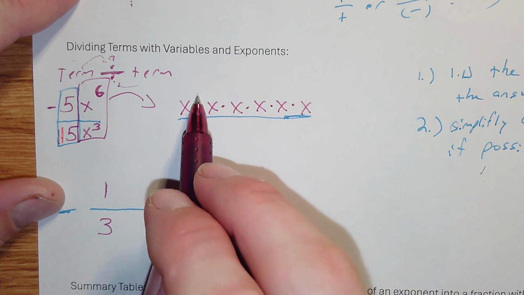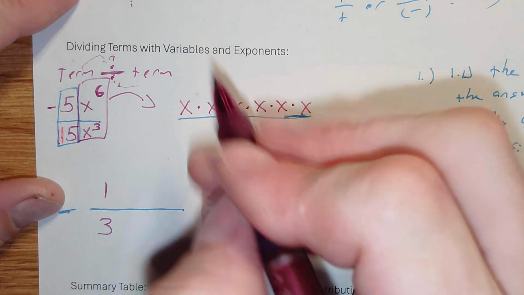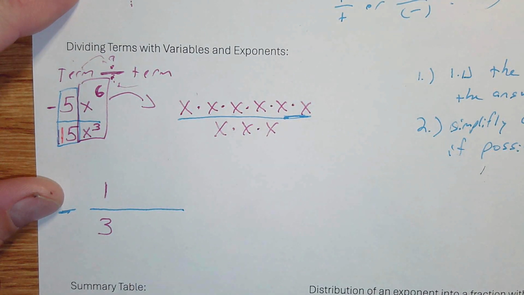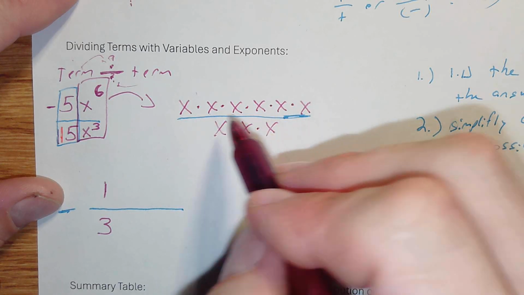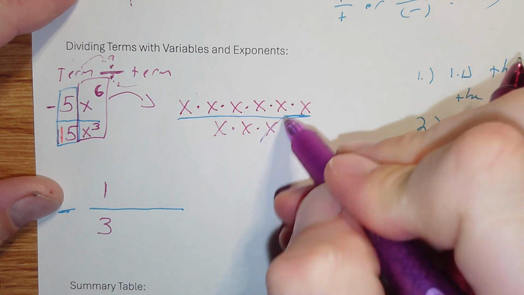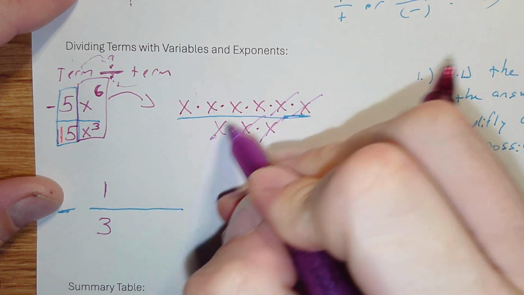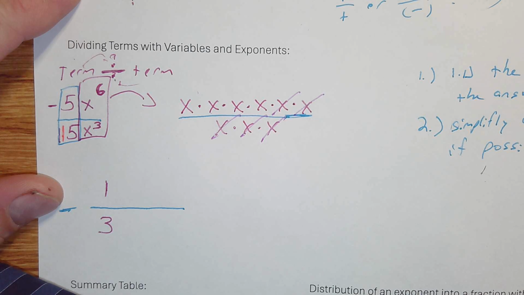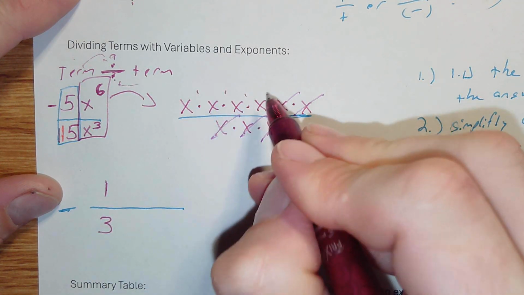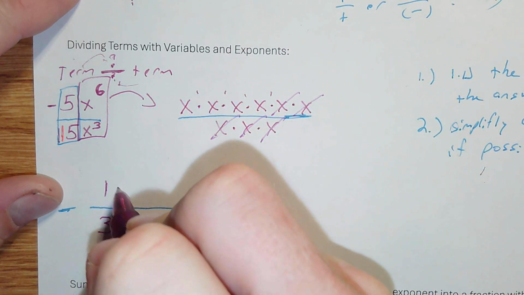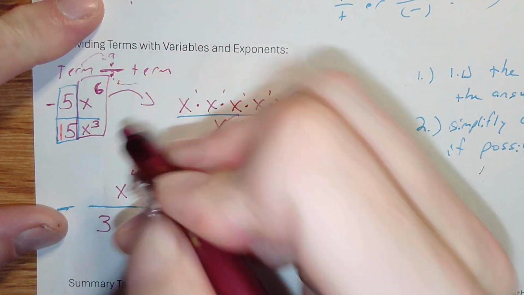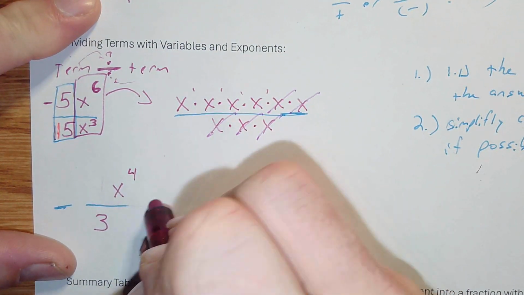1, 2, these are all invisible ones, right? So x to the 6. Then we got 3 x's on the bottom. 1, 2, 3. Okay, so if I have 3 x's on the bottom and 6 x's on the top, well, these x's are going to cancel each other out until there are no more x's on the bottom. Okay, so there's 4 left on top. So 1, 2, 3, 4. So this is going to be x to the 4th. All right, so I can erase this 1, and my final answer is going to be negative x to the